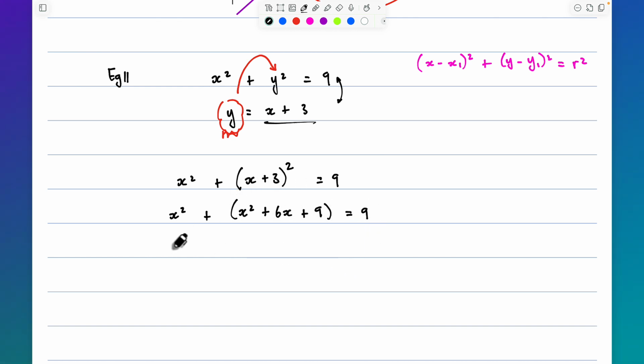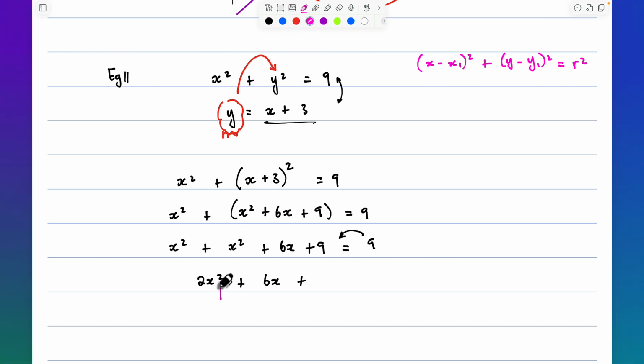And then we're going to simplify our expression to give us x squared plus x squared plus, because this positive multiplies in and it doesn't really change anything, so we can remove that bracket. And then we're going to group our like terms. So we're going to have x squared plus x squared, which gives us 2x squared plus 6x plus, now we want to bring the 9 to that side because remember, in fact, let me just point something out that's very